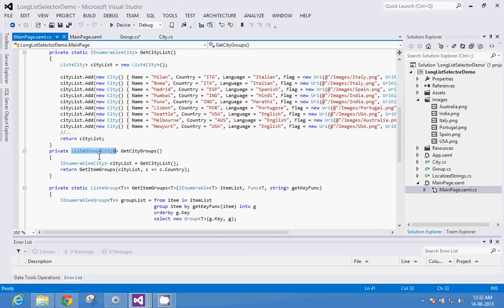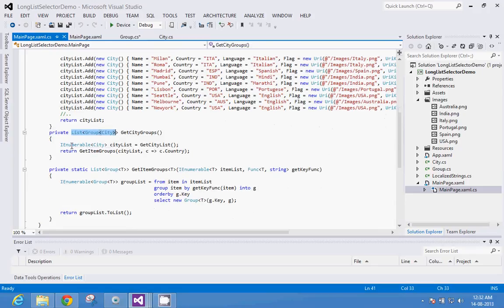So I've called this get items group method, where I've passed my collection city list and I've passed my c.country attribute, because I want to group my list based on country. So this is that get items group, which is very similar to the method that we used, alpha key group.